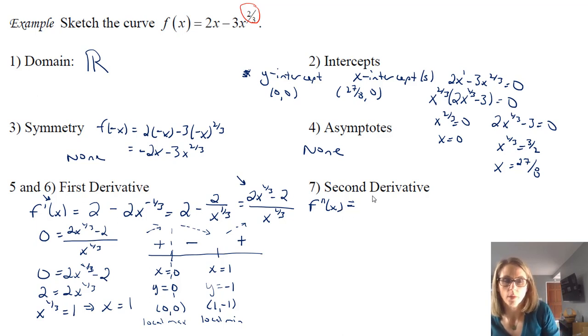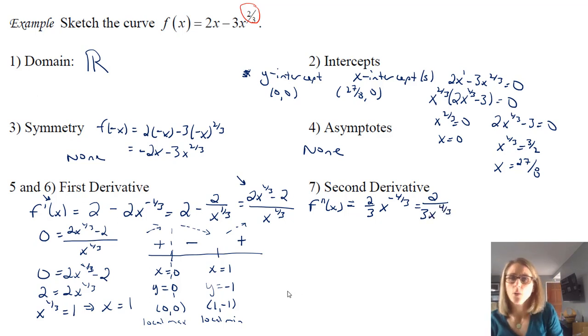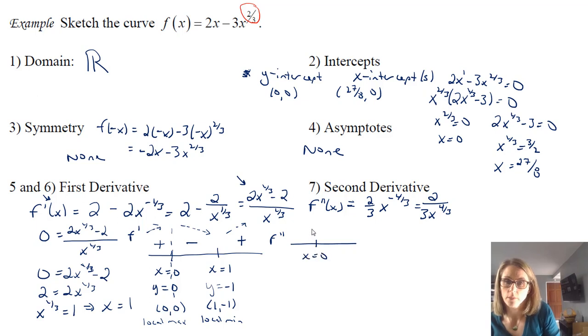So I take my second derivative, and that 2 is going to be gone, and then I'm going to have a positive 2/3 x to the -4/3. So of course, if I want, I can write that as 2 over 3x to the 4/3. There we go. And really that tells me that all I have to think about in my second derivative, because this was my first derivative sign chart, here is my second derivative sign chart, is x being 0. We can see that the second derivative is not defined there either. So the concavity could only change on either side.